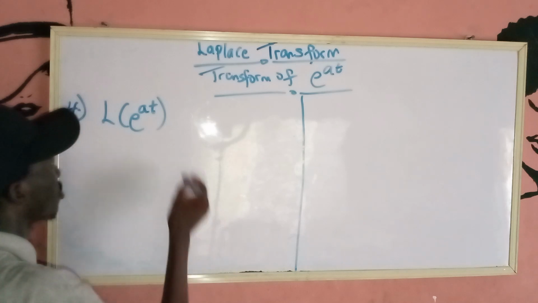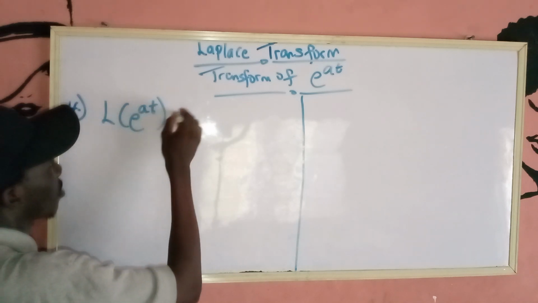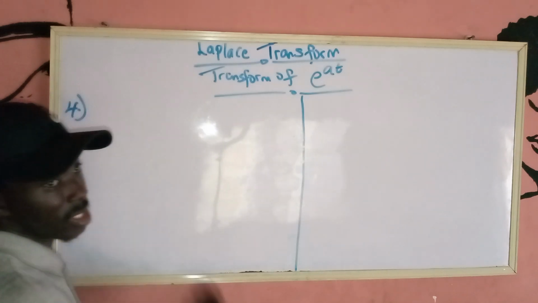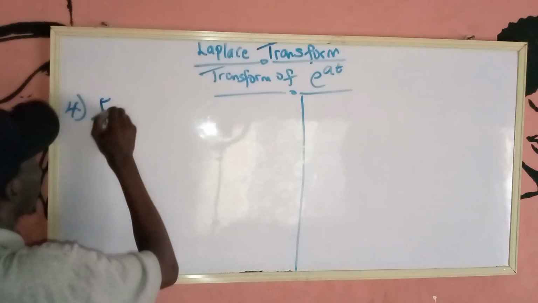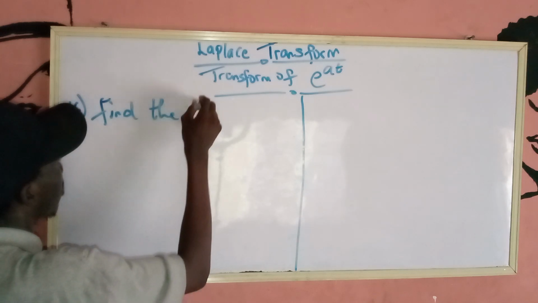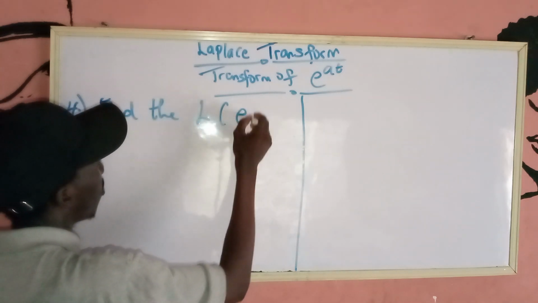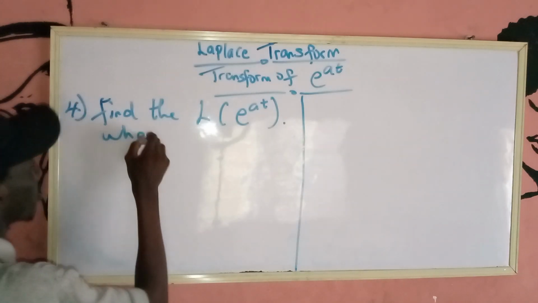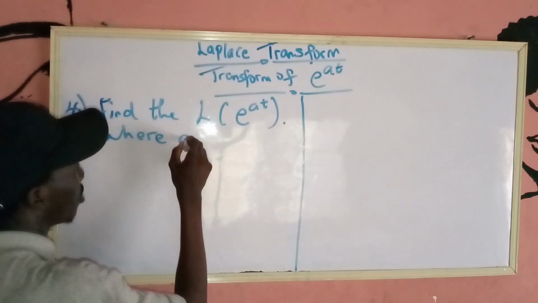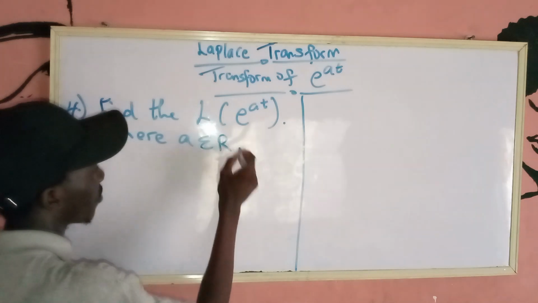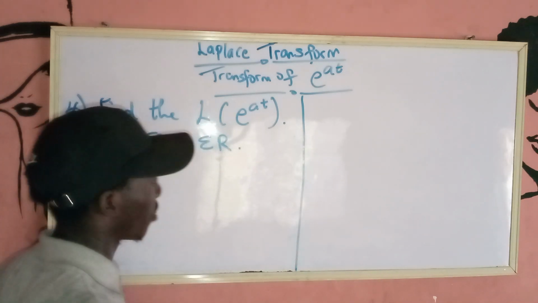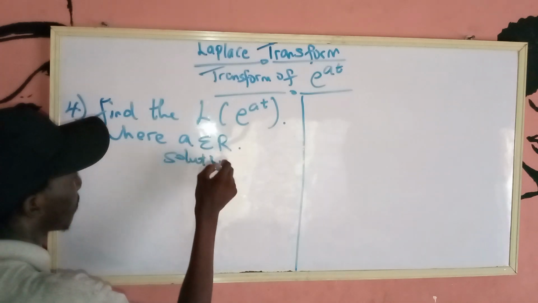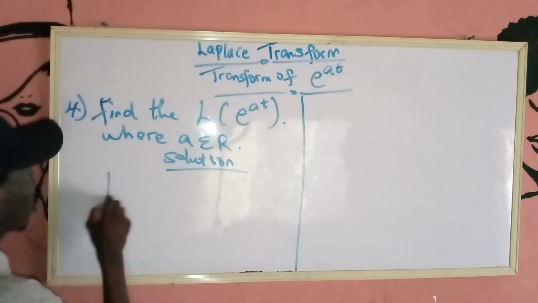But we know from the definition, so let me take it as a question. Find the Laplace of e raised to power at, where a is an element of the real numbers. It can be any real number whatsoever. So to find this,